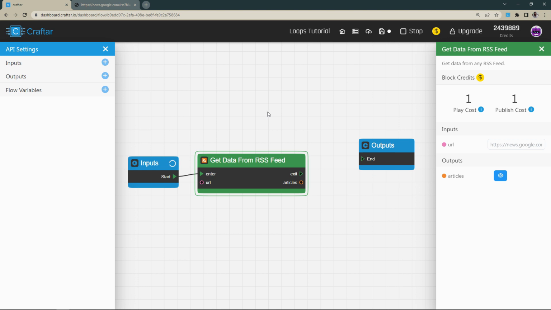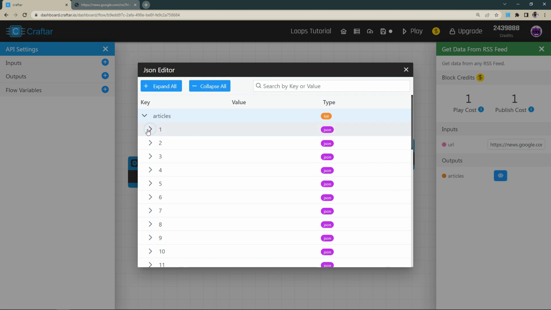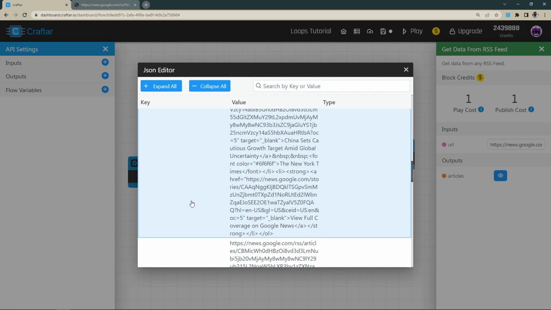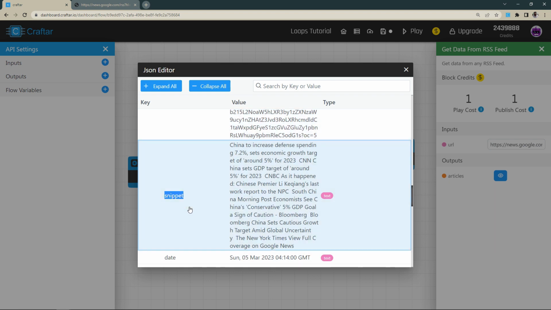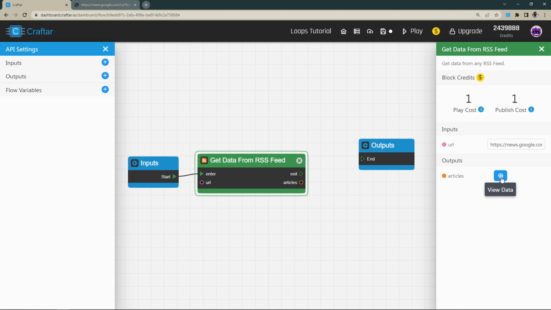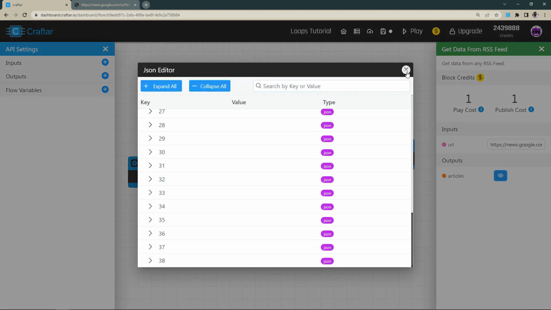press play. So once we press play we can see that we'll get our articles here, and now we have the articles. They have title, they have description, they have link, snippet and date. Okay, awesome. So now what we want to do, like we have around 38 articles, so we want to store